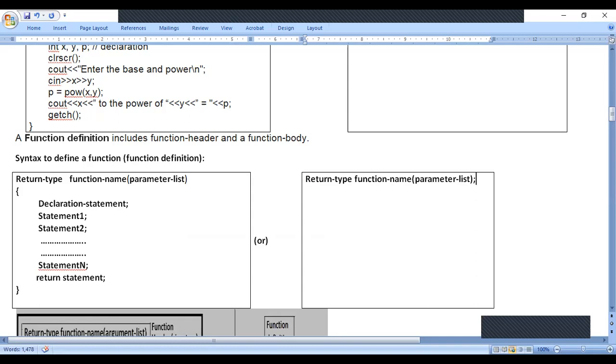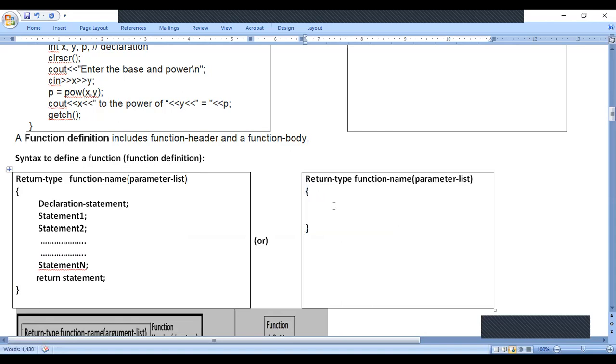Okay, this is very, very important. If you put a semicolon, you will get an error. You should not put a semicolon for the function header or signature. After the function header or signature, when you start writing the function, you can write without any statement. Just write the opening brace and closing brace. That also works. It is not at all a problem. You will not get any error.